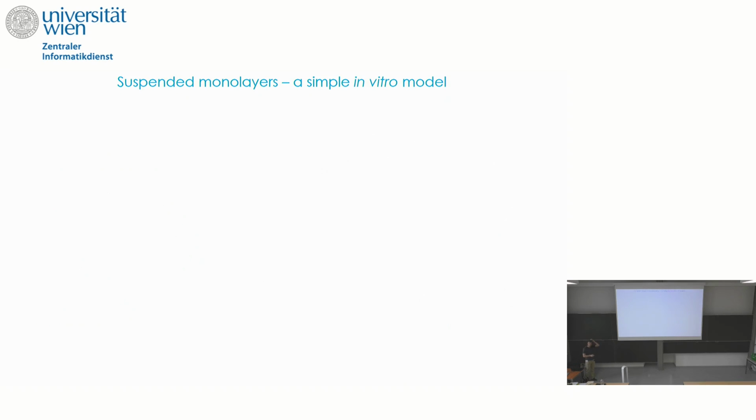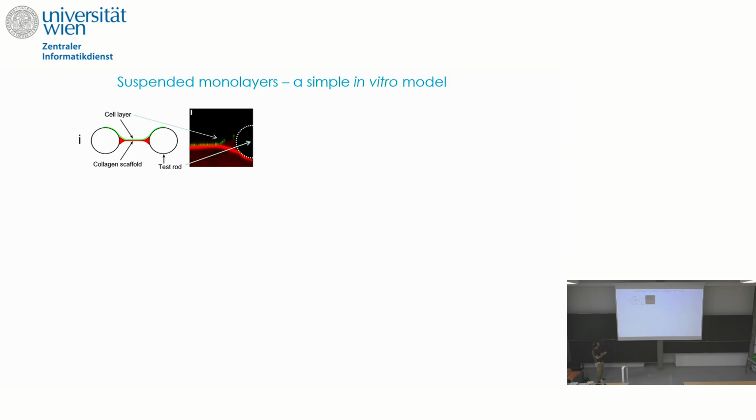And part of the reason for that is that it's challenging to look at tissue mechanics, because these epithelial tissues tend to be attached to a substrate. And so when you deform the substrate and the epithelium together, most of the stresses tend to be borne by the substrate because it's thicker and it's often also stiffer. So about a decade ago, we decided that the easiest way to try and study this would be to generate epithelia without a substrate. And the way that we do this is that we polymerize a drop of collagen between